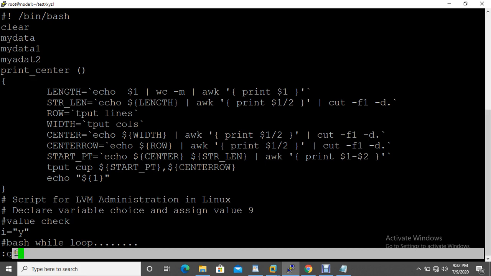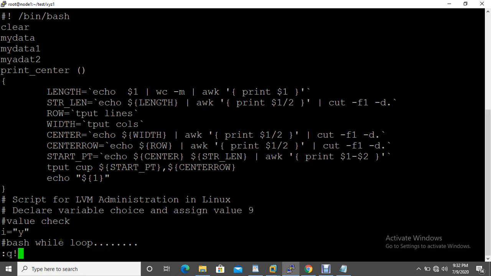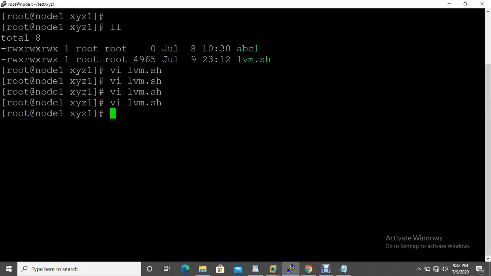So don't use this symbol if you don't require it. Generally you can use WQ and hit enter, because if something goes wrong, and you give that symbol, it will forcefully save and exit from the file.